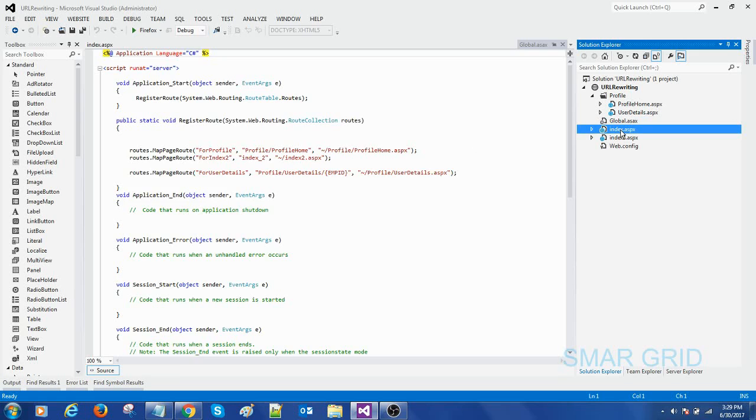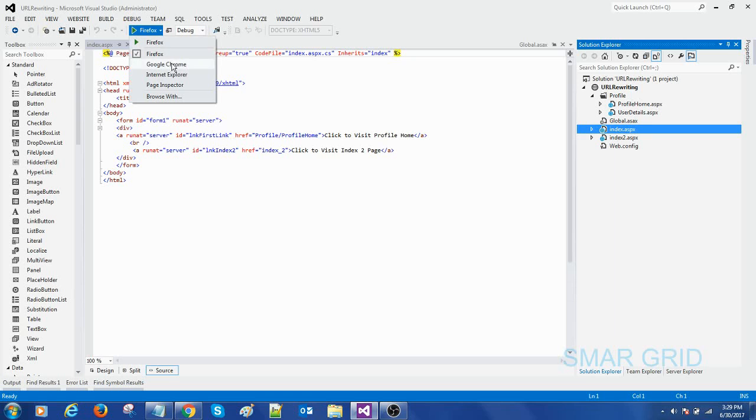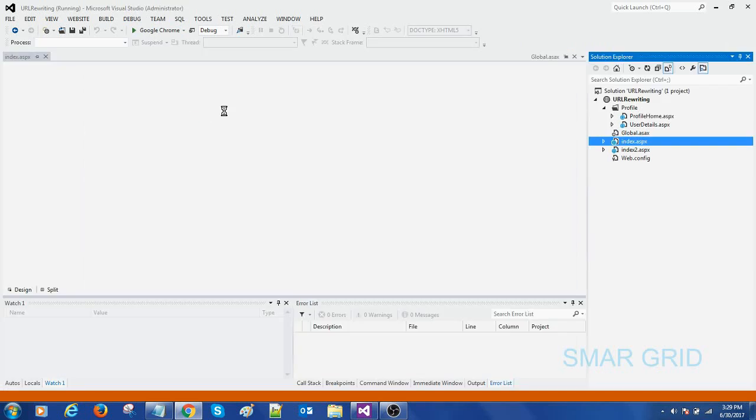Okay, let's first of all execute this project. Let me run it on Google Chrome, and here we have a simple index page saying click to view profile home and click to view index page. Let me click on visit profile home. Simply we have gone into profile home, and again we have one more link to get user details. When I click on it, we're getting the user details. You see here,